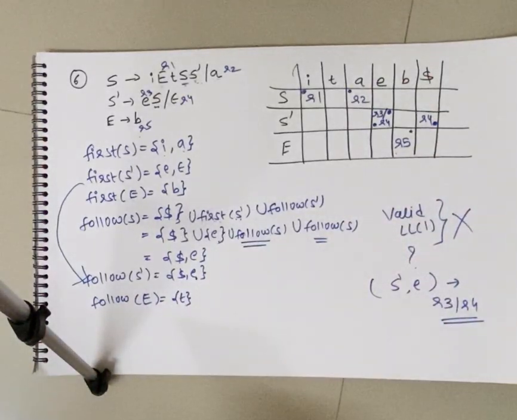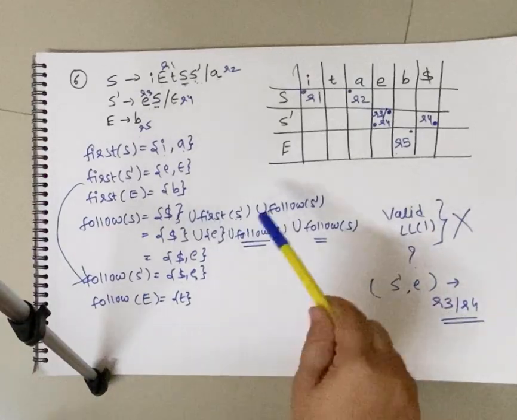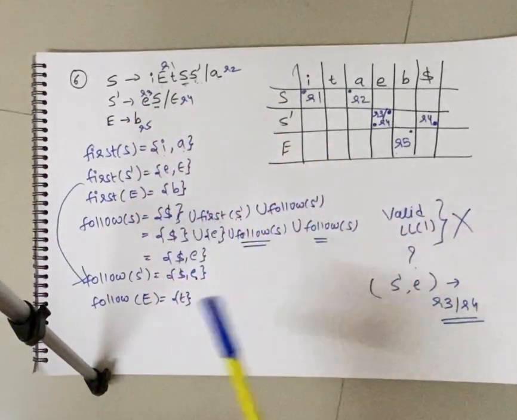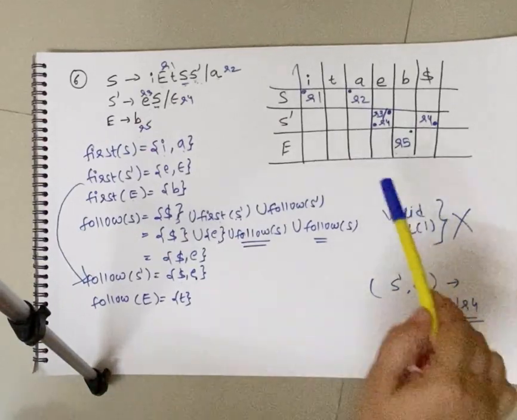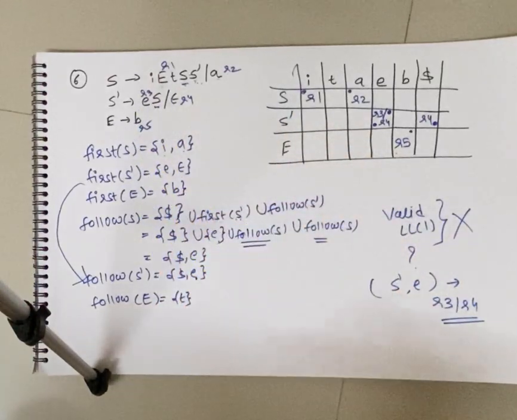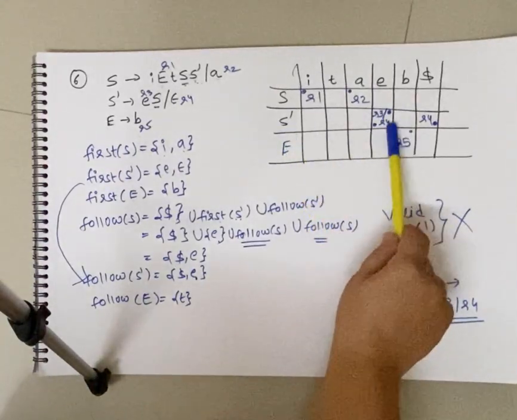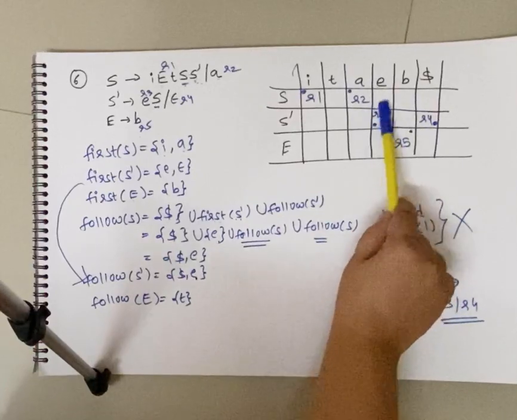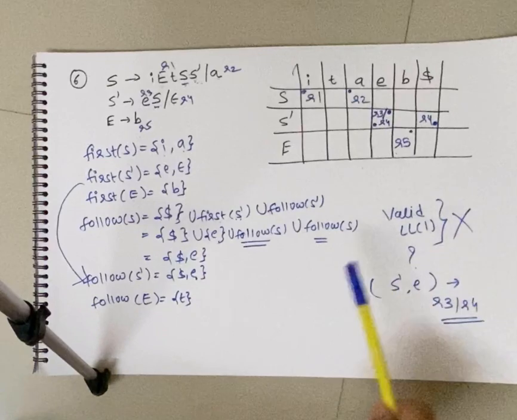There is going to be a short 7 marks question in the exam, which will either ask you to create a predictive parsing table, or ask you to check whether the given grammar is a valid LL1 grammar or not. If it is asking you to create only the predictive parsing table, you stop here. But if it is asking whether the given grammar is a valid LL1 grammar or not, then you have to state the justification that, as we can observe in the table, the S-E cell contains multiple rules, which is ambiguity, reduce conflict, and hence this grammar cannot be called a valid LL1 grammar.